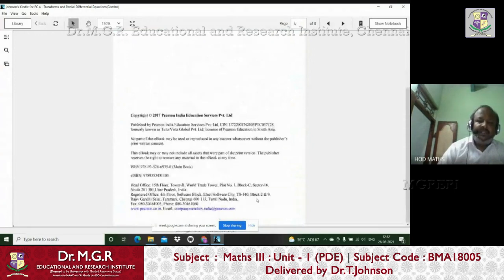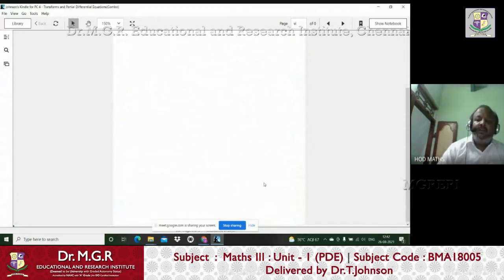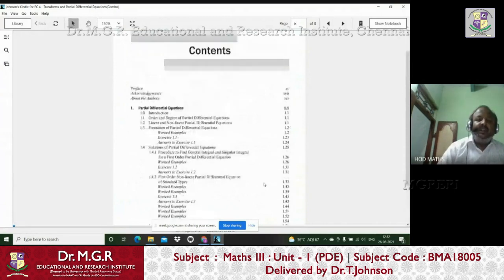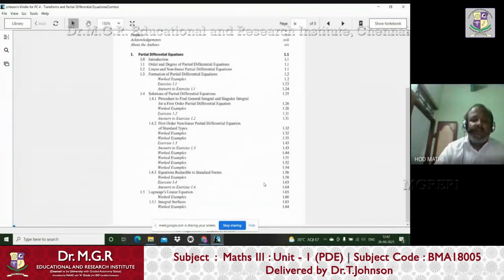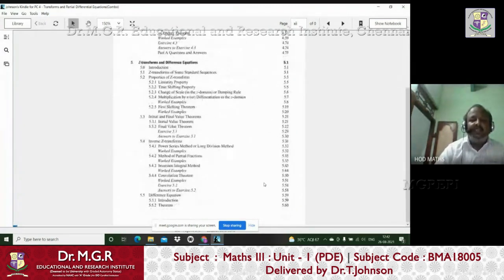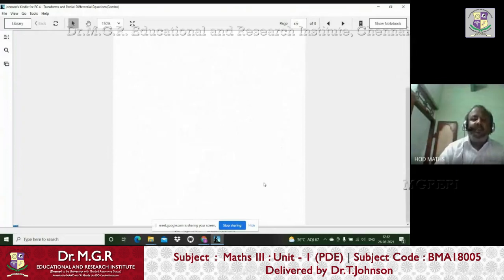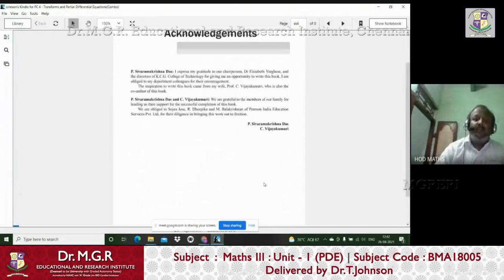Some 300 rupees are there. Otherwise, you can buy a physical book, Virarajan or Palaji or something. Virarajan I always preferred, because printing errors are very, very less, and the concepts are also explained in a very nice manner, right? So you can follow that book, or you can buy it in the Amazon Kindle. I hope all of you have an Amazon account, so you can buy this in the Amazon Kindle and follow me, right? But don't worry.